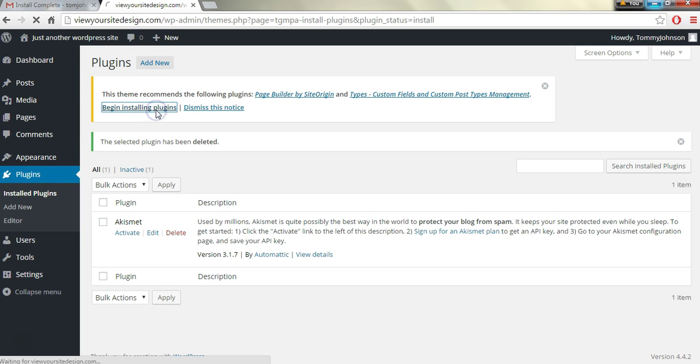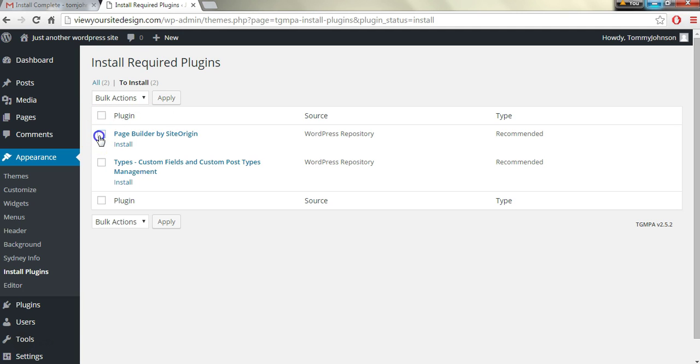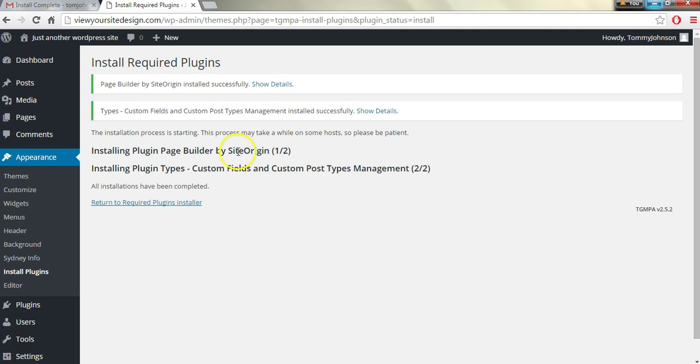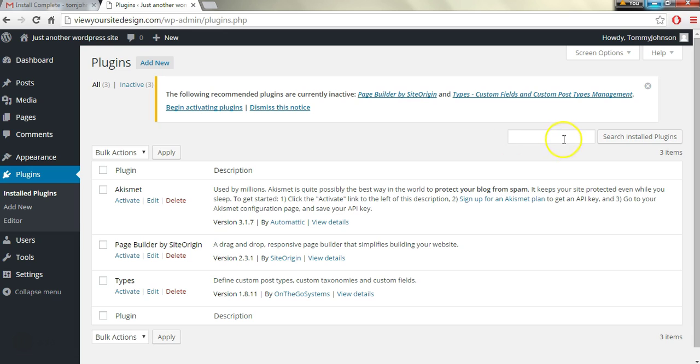But we're going to click begin install plugins, and we'll just click both of them, and we'll go to bulk actions, and we'll click install and apply to install both at the same time. Now these are installing, and it says that they were both installed successfully, as we can see here. Now we'll return to the required plugin. Now we're going to actually return to the plugin section down here, and I'm going to have you add a